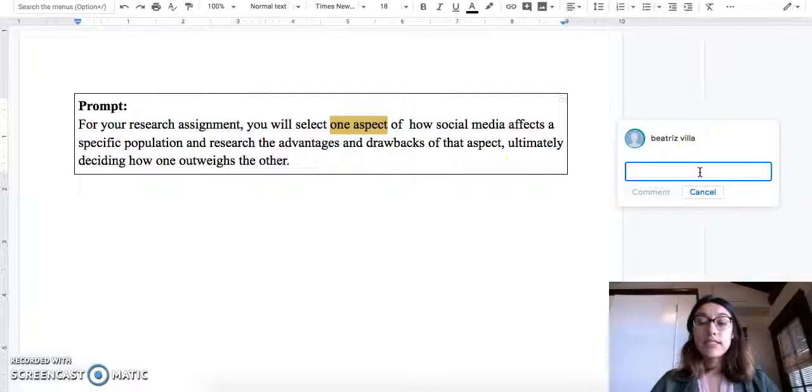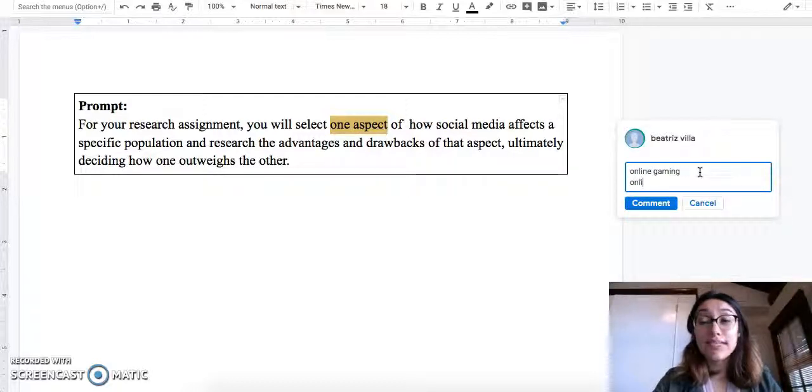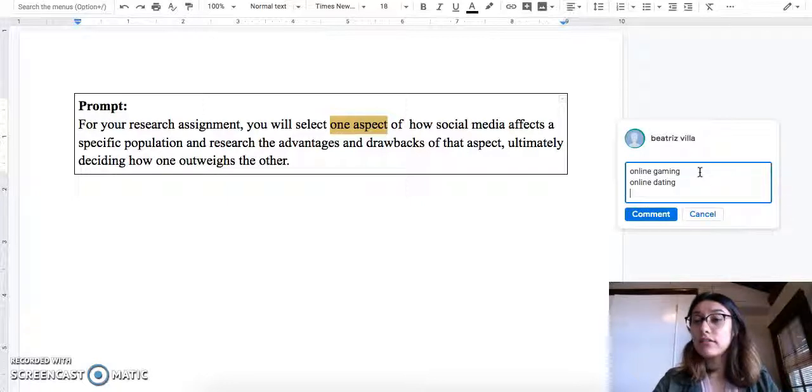I've had students in the past who have focused on ideas such as... One aspect of social media would be online gaming, online dating, networking online,